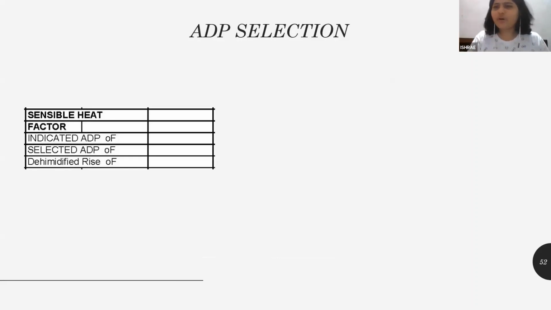If you all have done your REC chapter very well, you all will know about this thing called effective sensible heat factor, ERSHF, and GSHF, and how you'll plot the line on your psychrometric chart, and the intersection between the two, from there the straight line that goes towards the saturated line, you will get that as your ADP point. That is on your psychrometric chart.